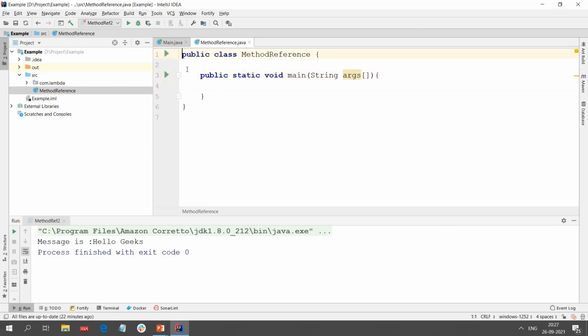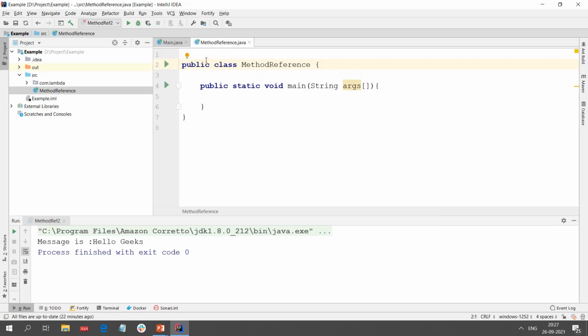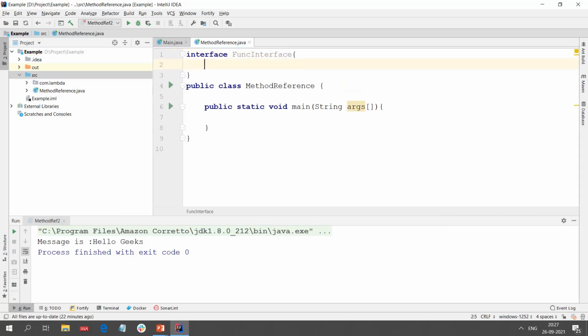And let me create a functional interface before we even start coding it. So let's have an interface named FuncInterface, and I'll have an abstract function, let us call it void calculation, which will take one parameter.